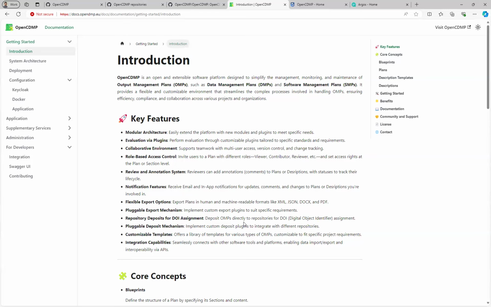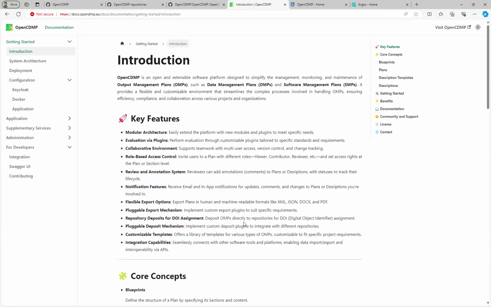Also, we did some work under the hood in order to make things more efficient. We refactored or rewrote some parts of the business logic of the platform to make it more efficient and decrease the response times on the platform.